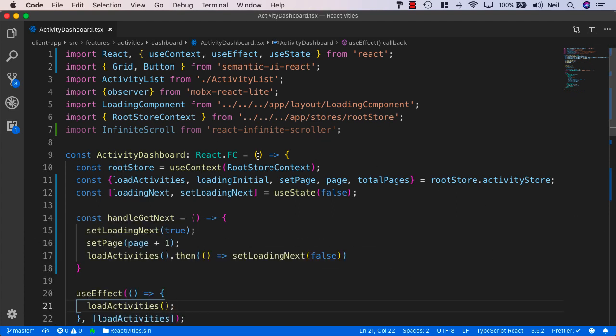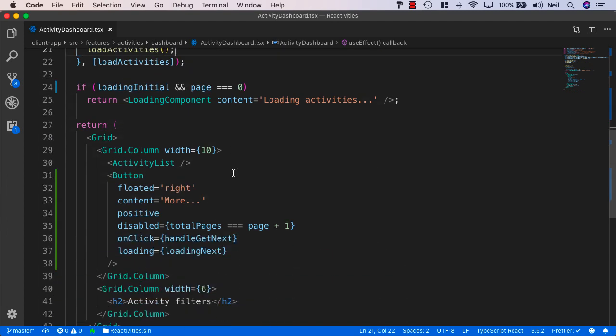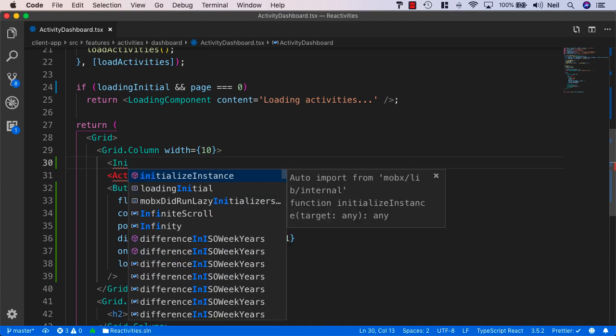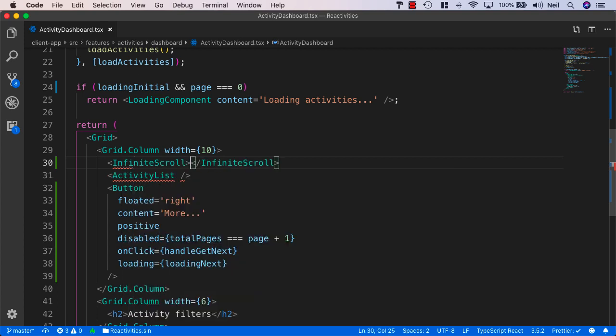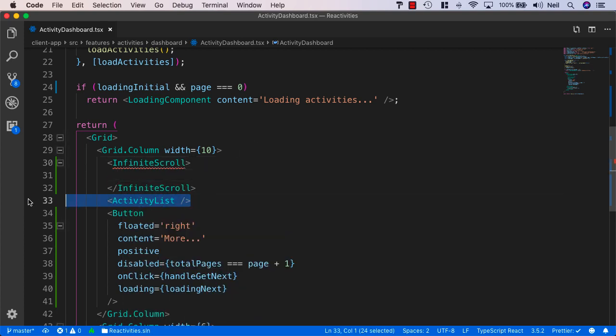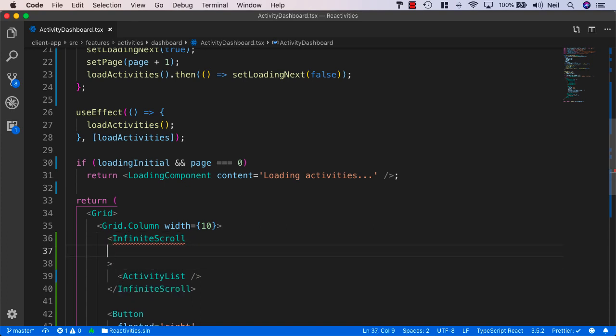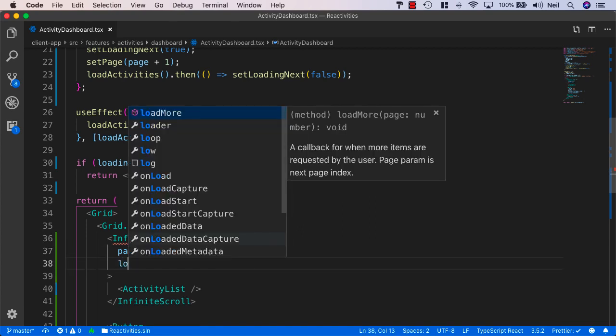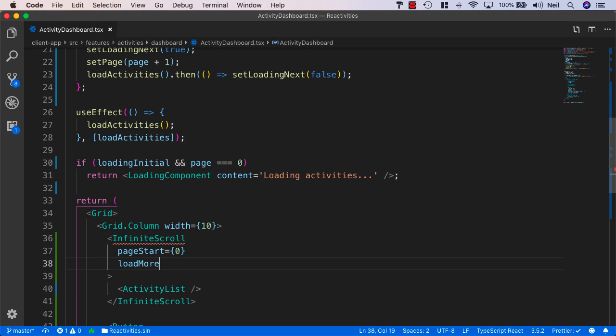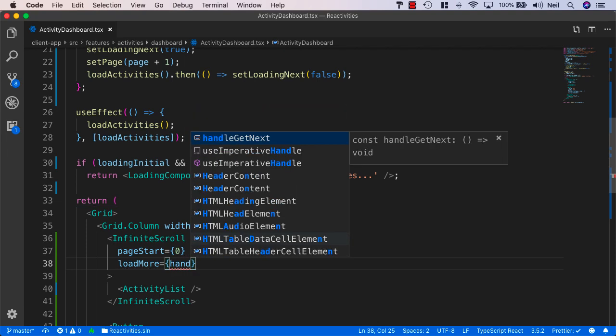And then what we want to do is obviously implement this. So let's scroll down, and we're going to wrap the InfiniteScroll around our activity list. So I'll just add the InfiniteScroll, and we'll cut our activity list and paste it inside there. And what we want to do is give this some properties, and we'll give it a pageStart, and we'll set this equal to 0. It has a loadMore callback, so we'll say loadMore equals, and we'll just use our handleGetNext